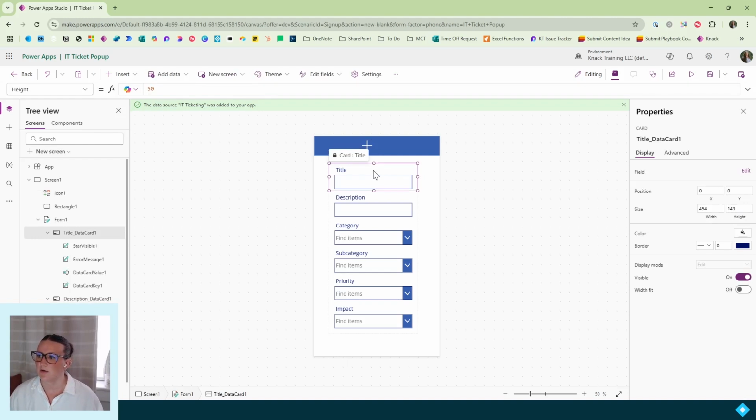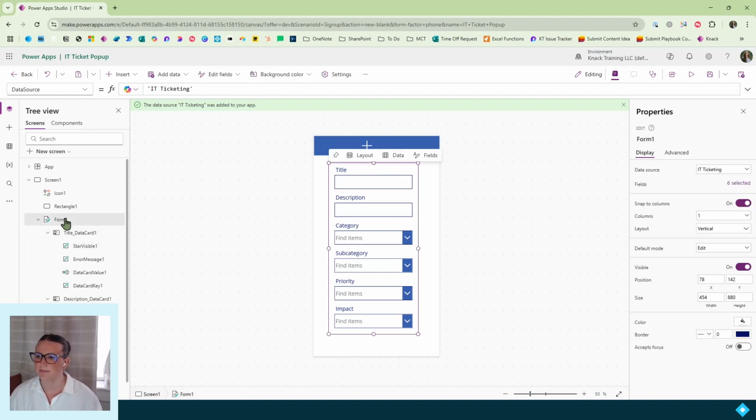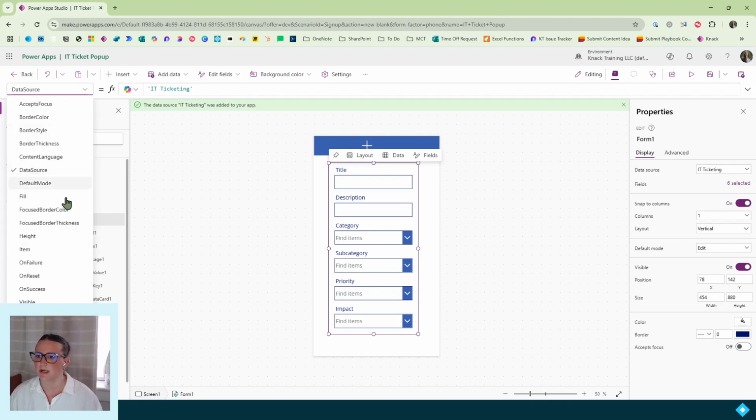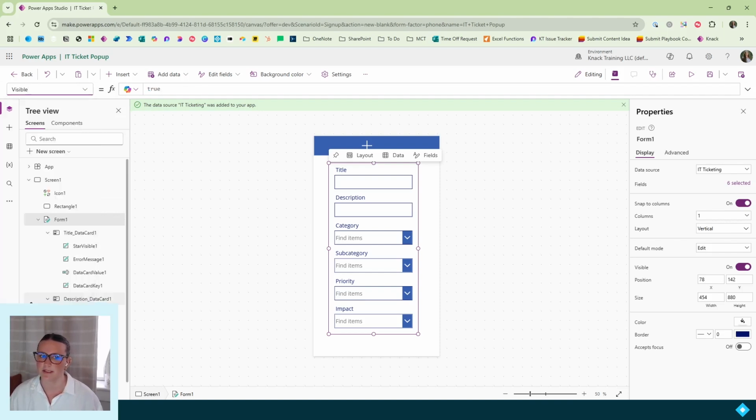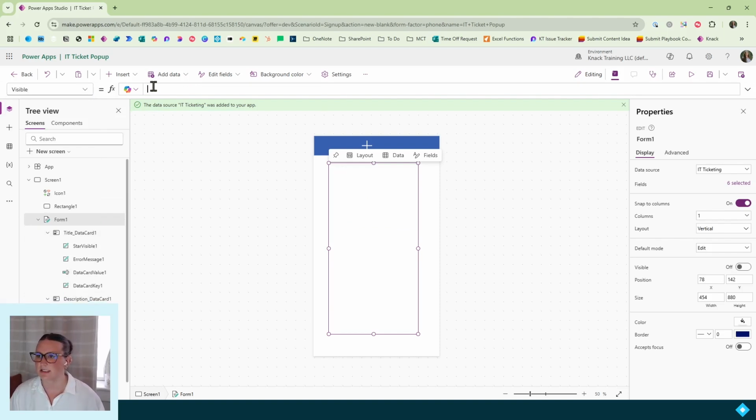Now I'm going to go over to my form here. And my form in the top left-hand corner, I'm going to go to the visible property. In the visible property, instead of true, I'm going to update this to the context that we just created, new ticket pop-up. Now you'll see that since this button wasn't selected, our new ticket form is not going to show